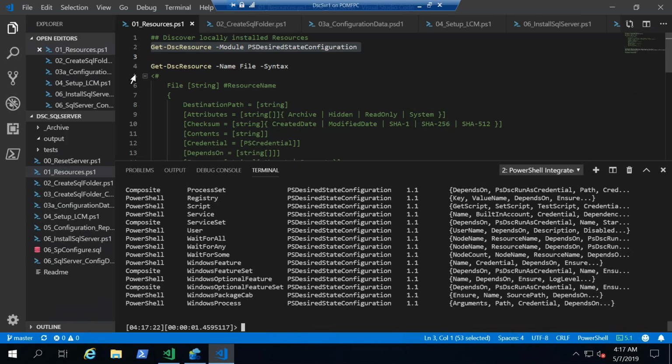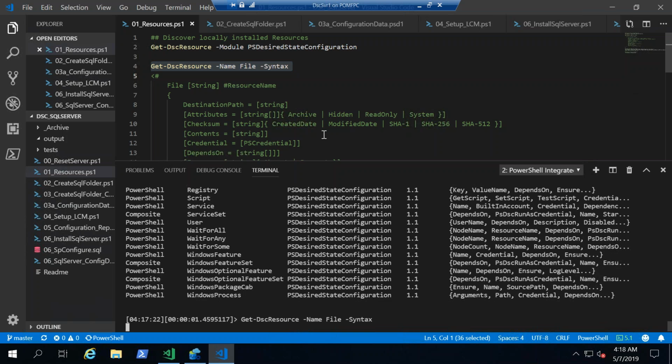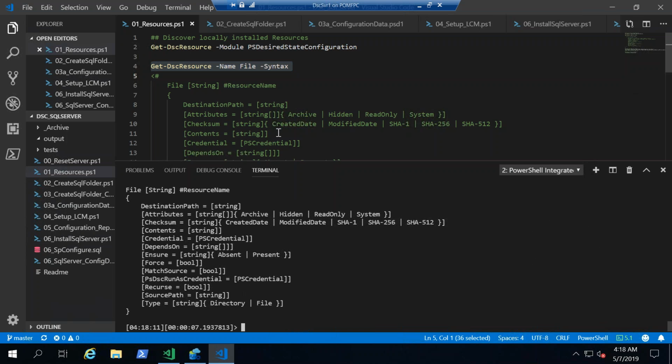You have Get-Help and Get-Command to find things and get instructions. Get-DscResource acts pretty similarly, and if I choose the DSC resource File and I pass in the Syntax parameter, you can see, hopefully,